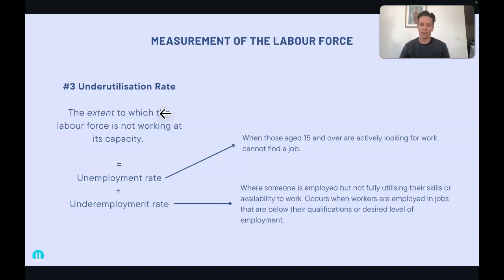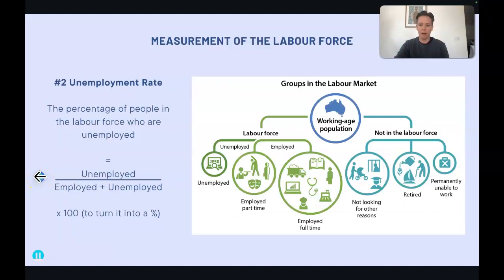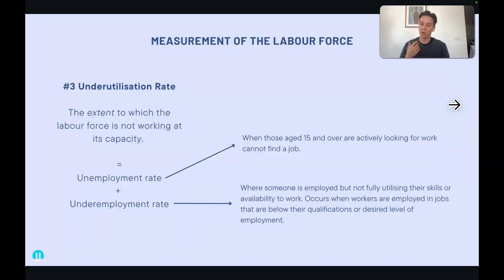They are underutilised, okay? But the other piece here is that the underutilisation rate also includes all those people who are underemployed. Now, our fancy little graphic back here doesn't stipulate underemployment. It simply just does employed plus unemployed, because underemployment is actually quite difficult to measure. It's really difficult to find out who's working, but not working at their full capacity, who's got qualifications that don't match what they're doing. Very difficult to measure in reality. The government has a crack at it though. The ABS does try to measure the underemployment rate, and I'll show you that in a moment.